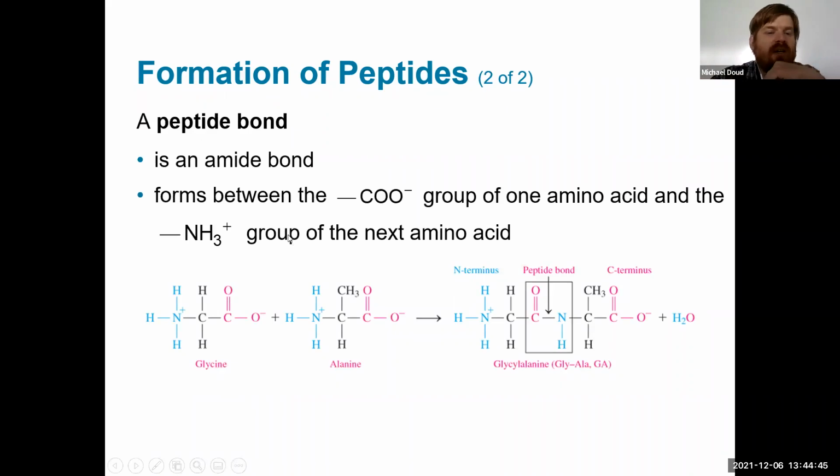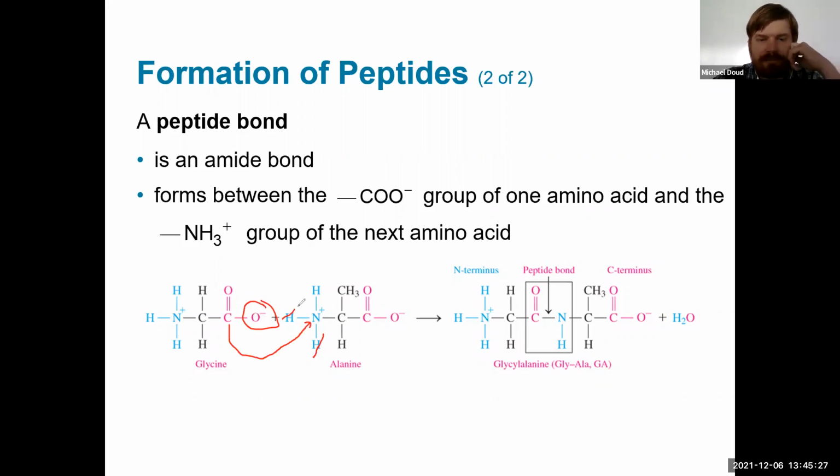So for example, let's take a look here. Let's imagine that we wanted to explore the structure of a peptide bond that forms between glycine and alanine. So what you're going to do is say, okay, I've got glycine and alanine, and I want to form a peptide bond specifically between glycine and alanine. Well, what's going to happen is the O on whichever one you have on the left is going to go away, and the carbonyl group is going to form a bond to the nitrogen over here. So we're going to get rid of water because we're going to lose the O from the carboxylate side of the